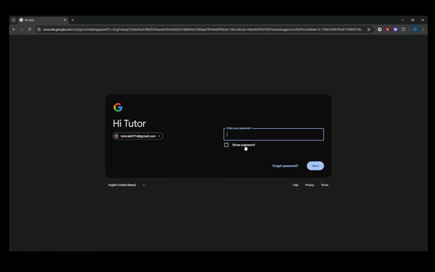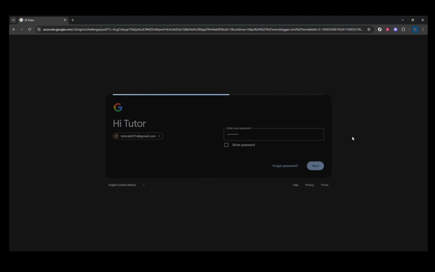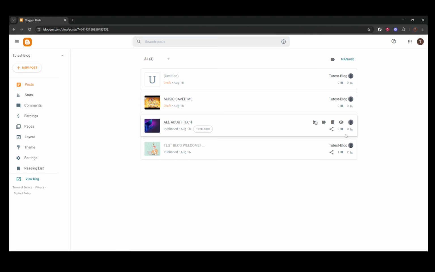Now, it's time to enter your password. Make sure this is secure and something only you know, but easy enough for you to remember. Once entered, hit Next again. If you've enabled two-step verification for your Google account, you might be prompted here to enter a code. This extra layer of security ensures that your account is protected, so keep your verification method, like your phone or authenticator app, nearby. Once this step is complete, you'll find yourself on the Blogger dashboard where you can easily manage